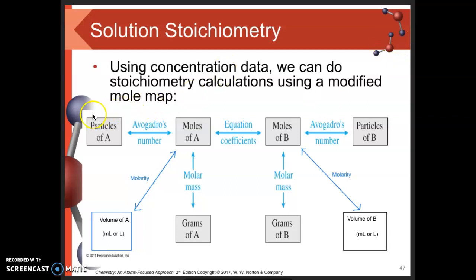So you may remember from our discussions in chapter 7 the idea of a mole map, the idea that we can take particles or grams of substance, and so long as we convert it into moles of that substance, and then using our balanced chemical equation, we can convert moles of that one substance into moles of another substance using that balanced equation ratio. And then we can turn the moles of the other substance into whatever we want, usually grams. But what we can do now is we can see that with molarity